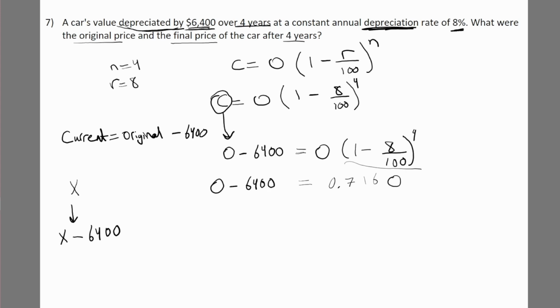Okay. Is equal to the original minus 6,400. Okay. Now we need to collect the like terms. So we have O right here and O right here. So we're going to subtract 0.716. Of course, this needs to stay accurate on your calculator. There's a bunch of more decimals right here. It needs to stay accurate. While also doing that, we will take 6,400 to the other side by adding 6,400 to both sides. So what we're going to get is firstly original minus 0.716 is equal to